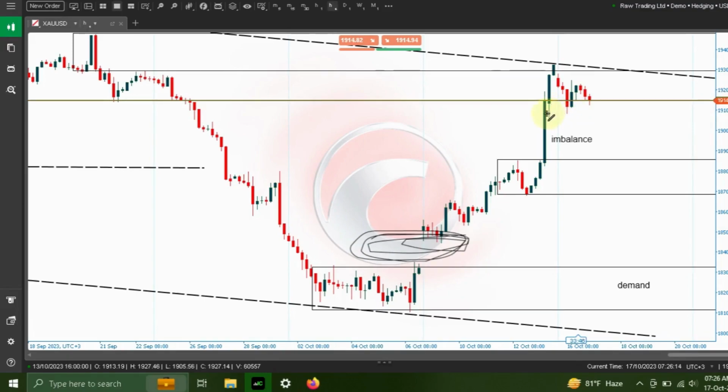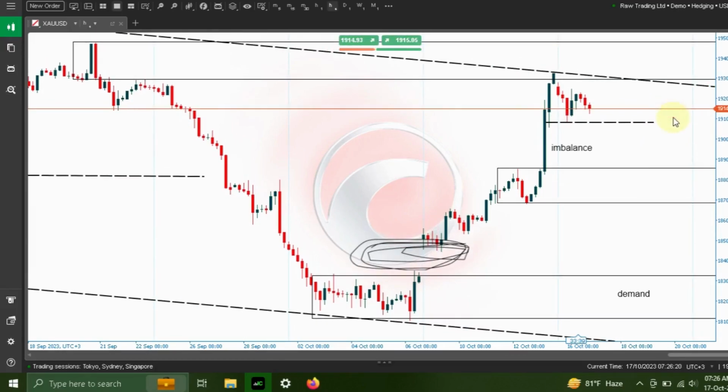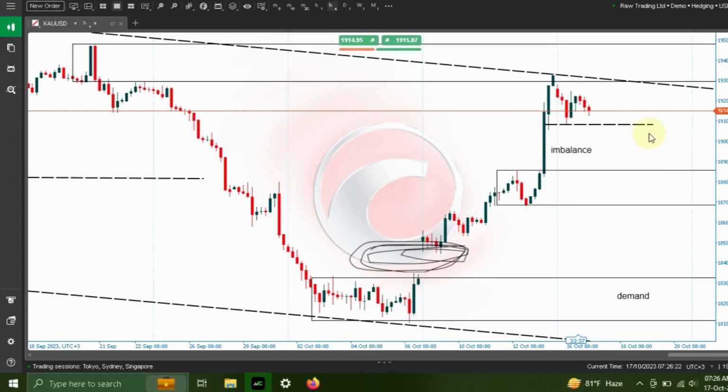So the area I am going to consider is this area here. If gold breaks this level here, I'm probably going to take sales on a lower time frame,